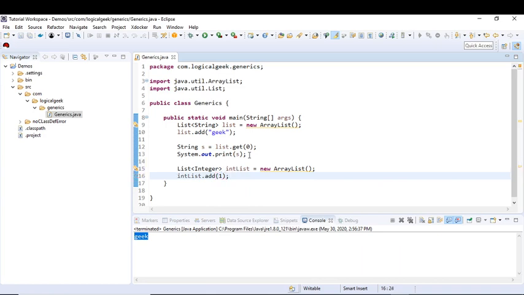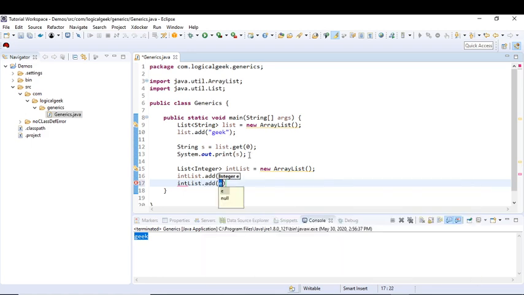Now if we try to add a string to this list, it will give us a compilation error. So let's remove this.